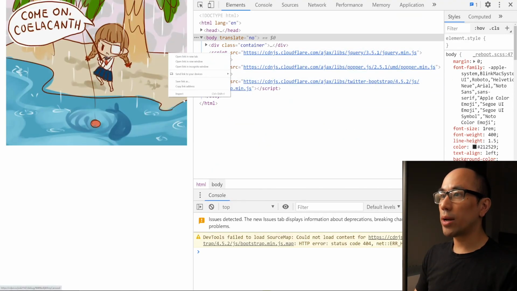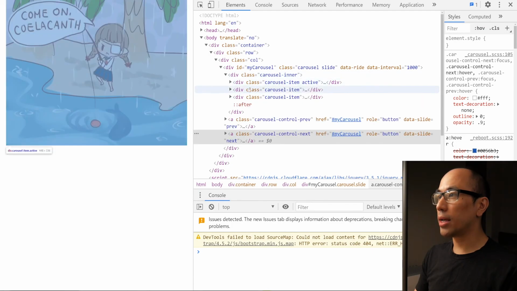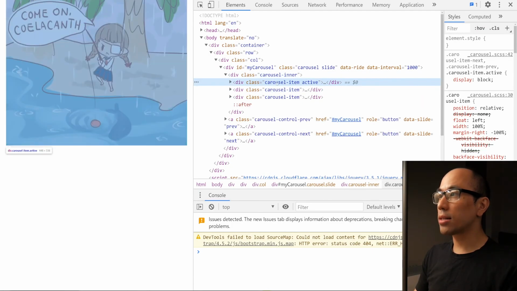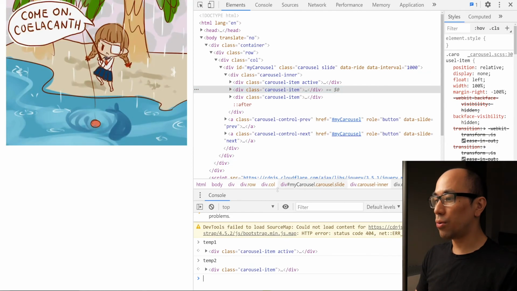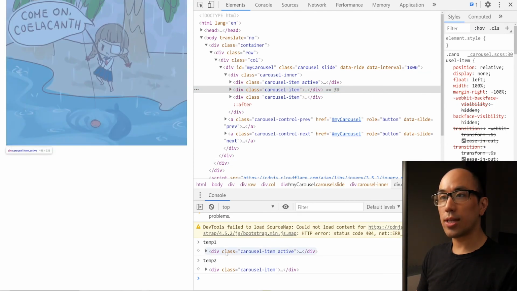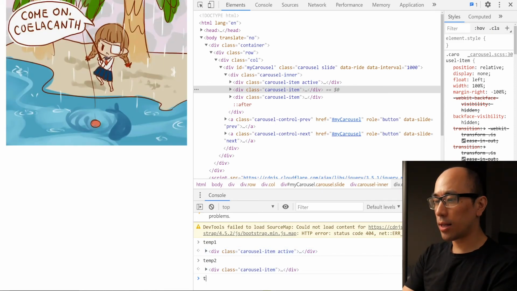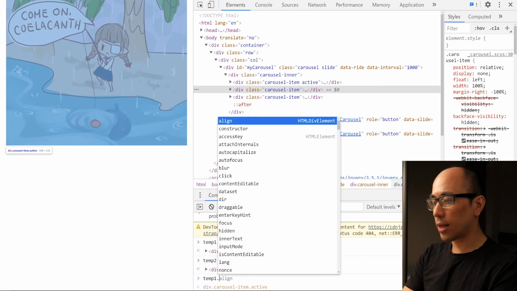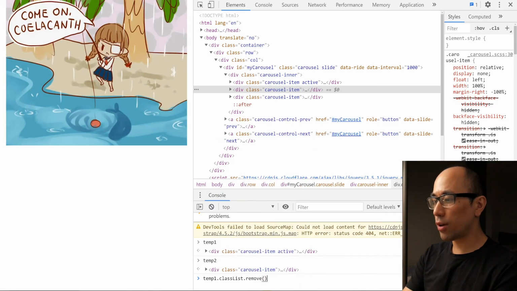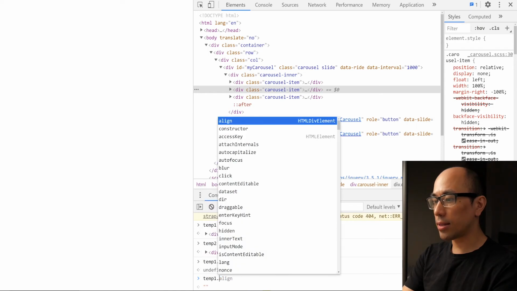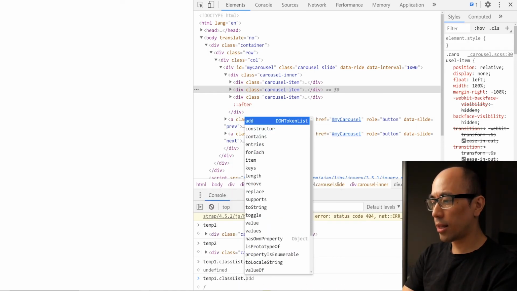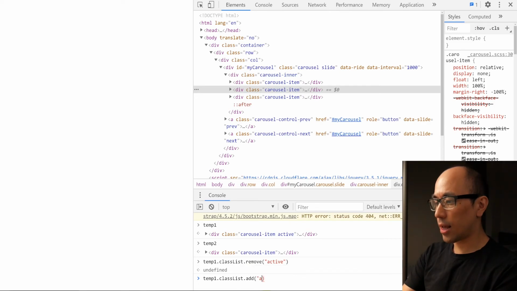And so now when I right click and inspect this and take a look at my carousel inner, this one is active. So if I come into here and say store as a global variable temp1, and I can store the second element as temp2, global variables temp1 and temp2. This one's the active one, this one's not. I can say something like temp1 dot class list dot remove the class called active. And if I do that, it kind of disappears. And if I do temp1 dot class list dot add, and then I say active,